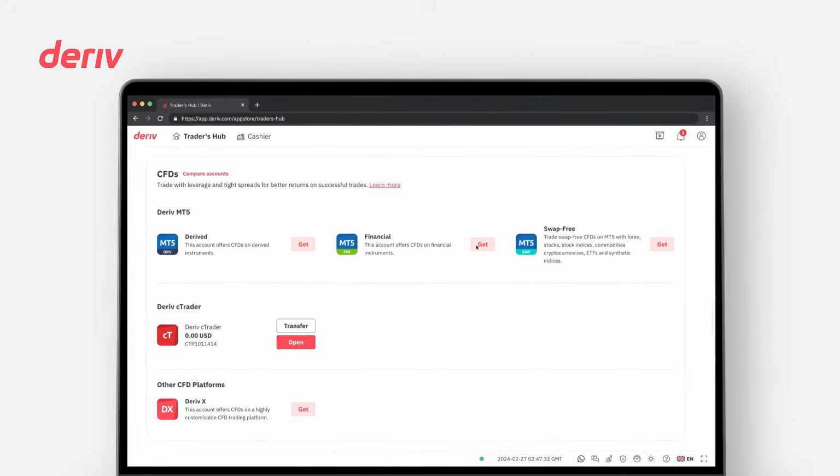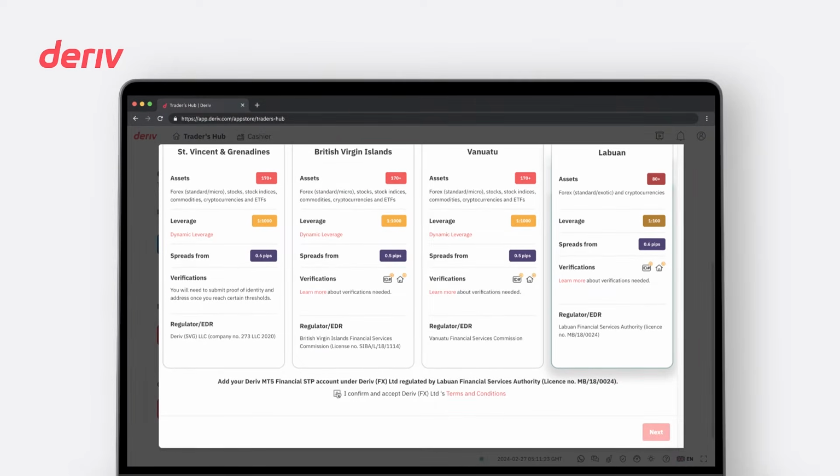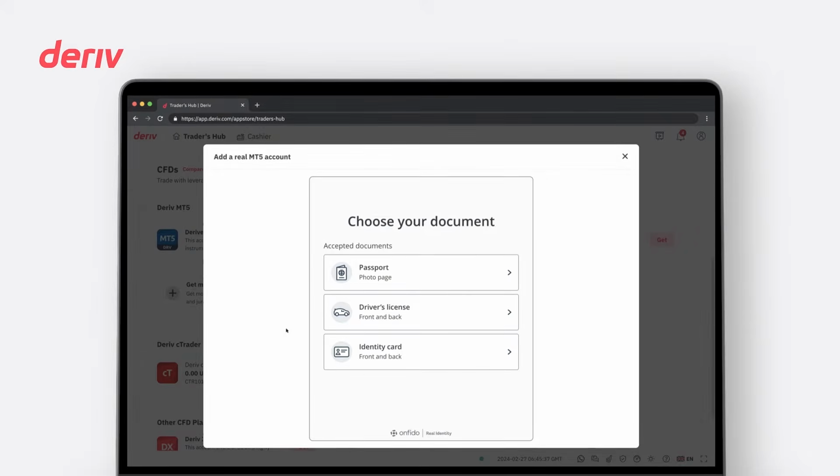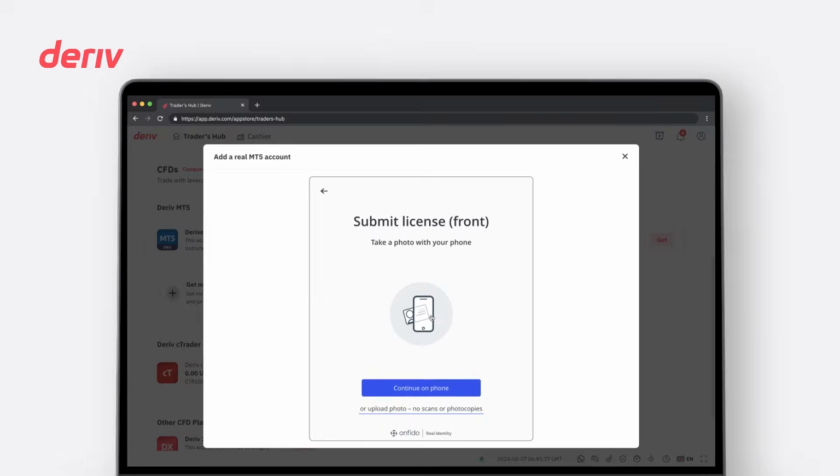Choose which account jurisdiction type you'd like to proceed with and click the Get button. Read the terms and conditions and click the Agree T&C. Click on Next. You will be required to authenticate your account by uploading a proof of identity and a proof